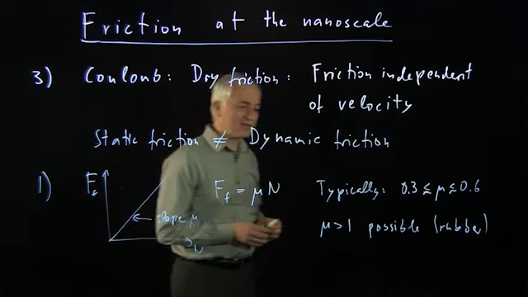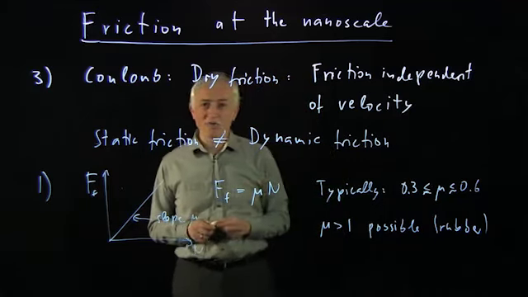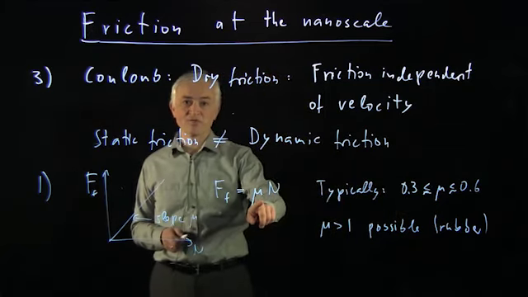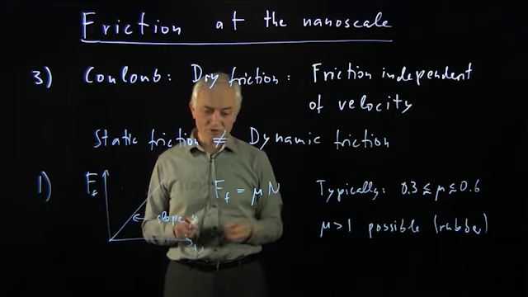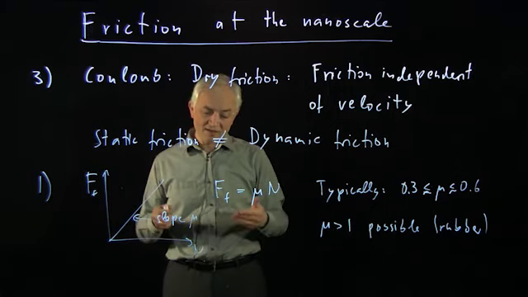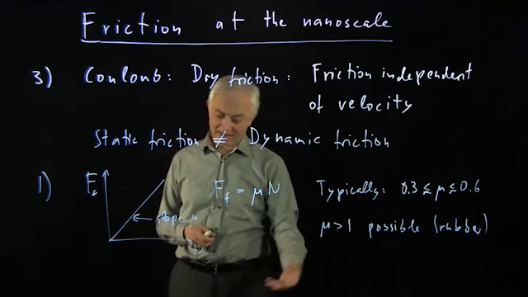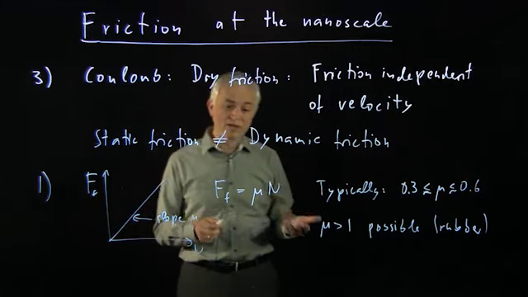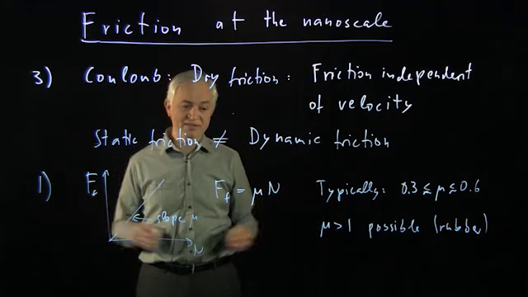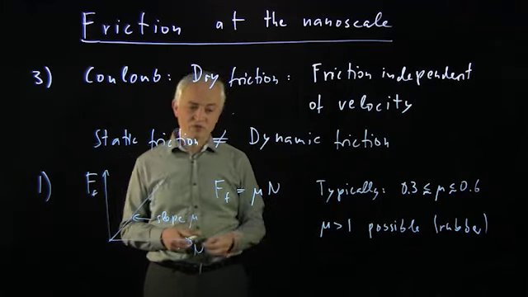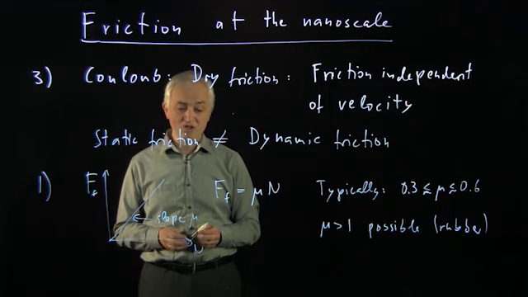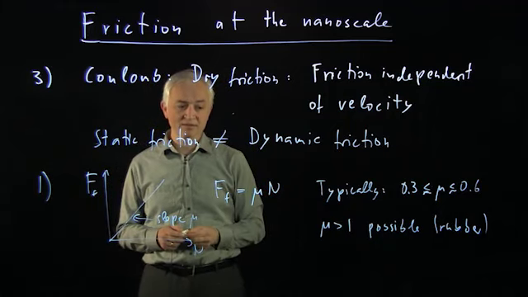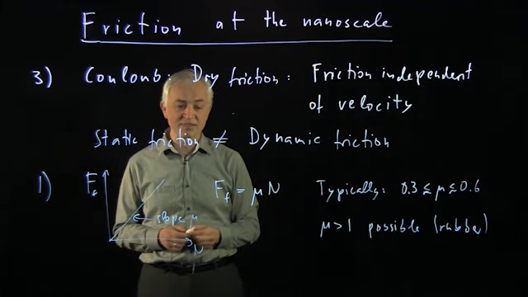Now it turns out that despite these very simple laws, our fundamental understanding of friction is rather limited. So for instance, nobody in the world can predict this coefficient mu of friction. Nobody in the world can, from microscopic principles, say, being told what the two surfaces are, say, plastic on wood, what is the friction coefficient? Can you calculate it for me? We cannot predict it. We can only measure it and then tabulate it, make a table and say this kind of object on this kind of surface has this kind of coefficient of friction. So that's one, if you want, failure of physics. How is it possible that we can't quantitatively describe something as simple as that?